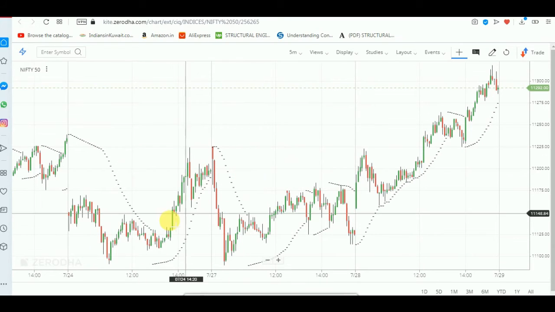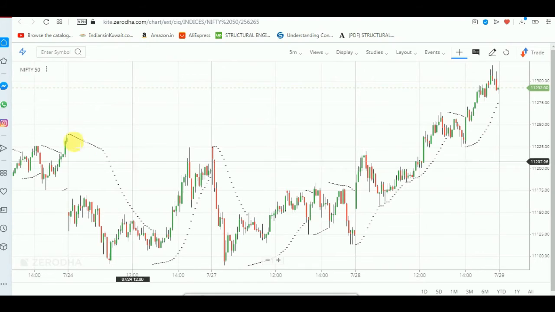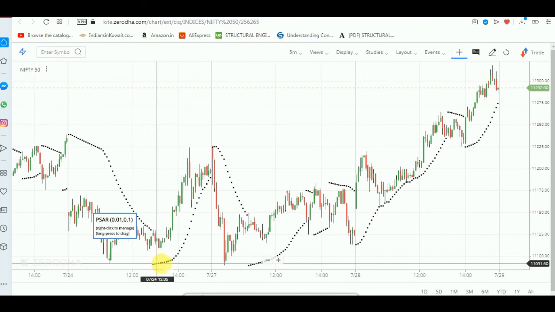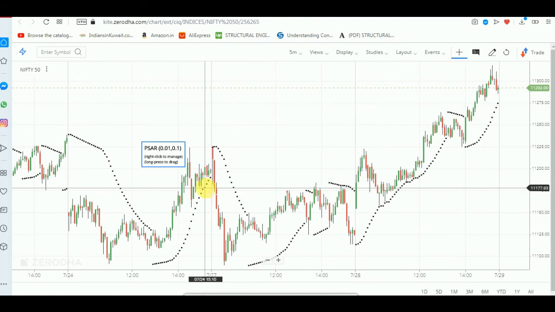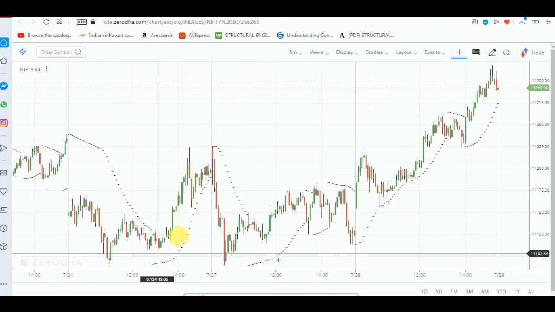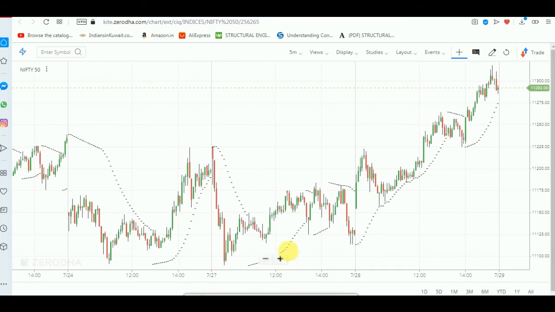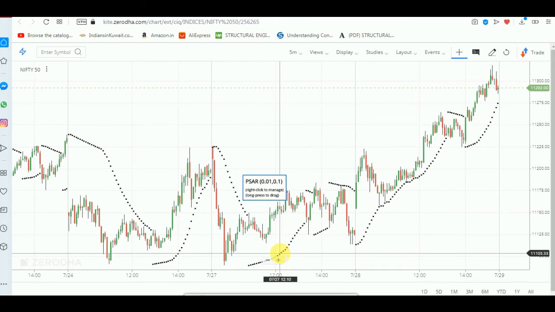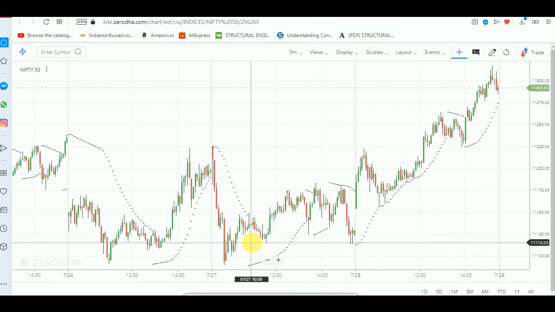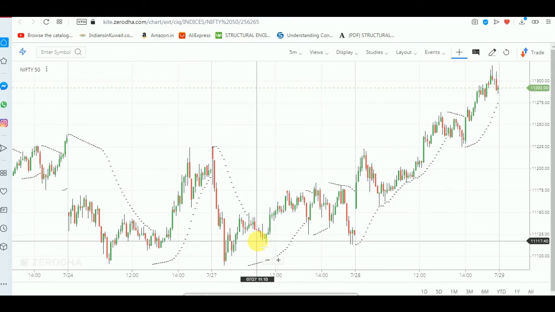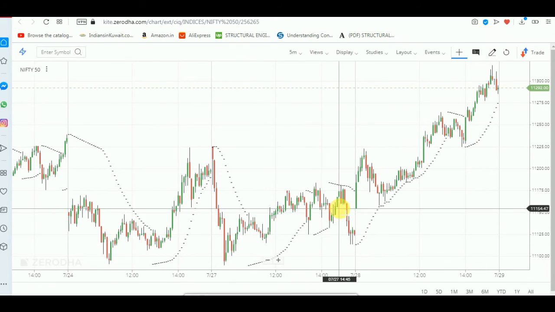So you can see now, right? So much noise has been removed and the directions are somewhat clear and it is following the trend, right? So this is bullish and here again it is bearish, then again it is quite bullish. So we can keep the minimum value as low as possible to have clarity.